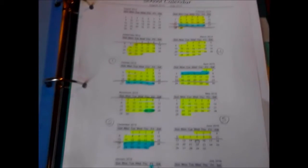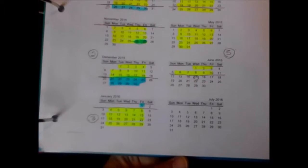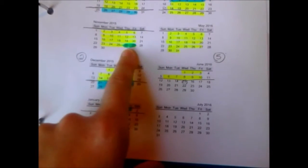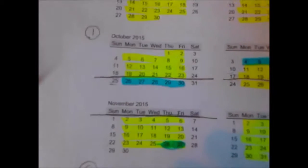So all in all, we have 5 terms of 7 weeks each, which works out to 35 weeks, which is 175 days of school, give and take with Thanksgiving, and there may be a couple other days that school doesn't happen. On the weeks off, why I do these weeks off in between is I like to catch up on housework and plan for the next session,